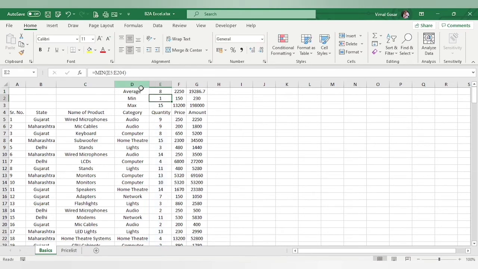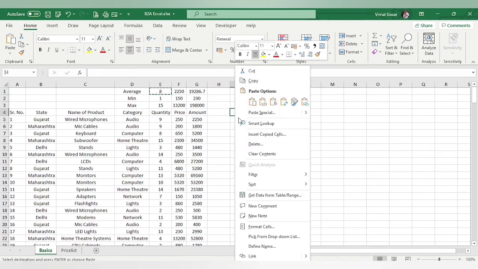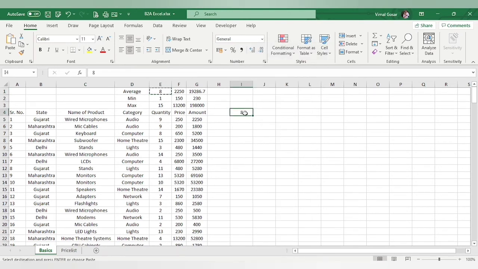The moment you do that, now it is coming at 8. Now if you copy this and paste it over here as values, you will get the value as 8. So this is my actual value 8 that is going to be reflected everywhere. I will show you the example of what happens when we do not use this function. If I am not using even the round function, let us say I have just pressed Ctrl Z, I have come back to my actual answer.